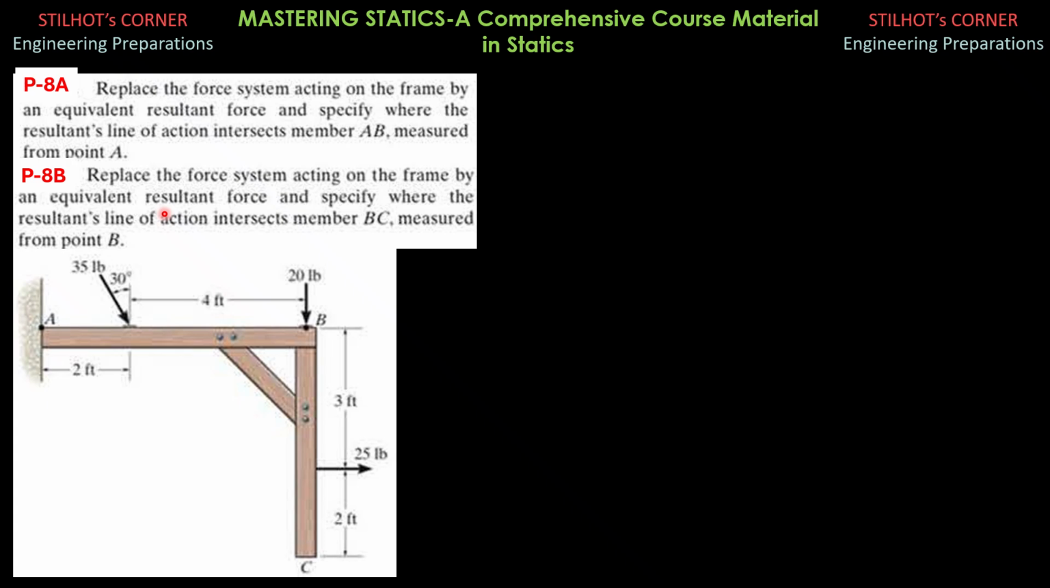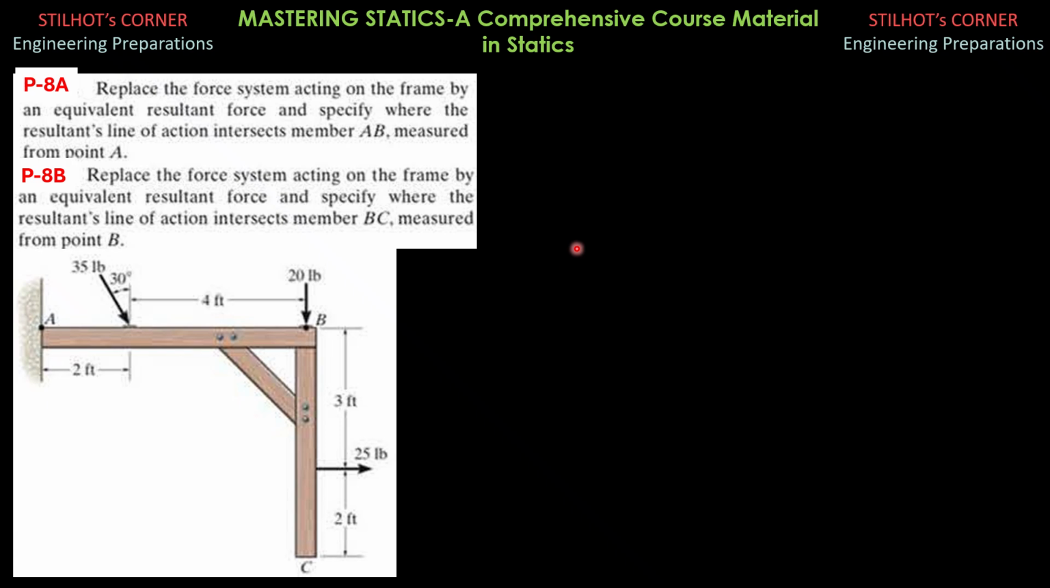So problem 8, replace the force system acting on the frame by an equivalent resultant force and specify where the resultant's line of action intersects member AB measured from point A. Then in part 8B, same resultant and specify where the resultant's line of action intersects member BC measured from point B. So take note that we can move the resultant force along its line of action,